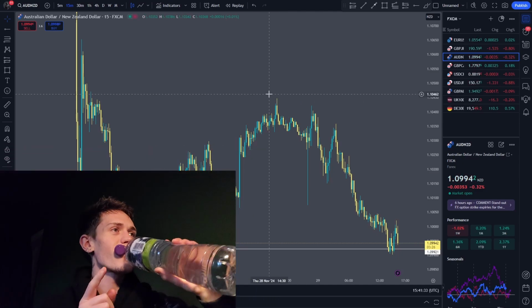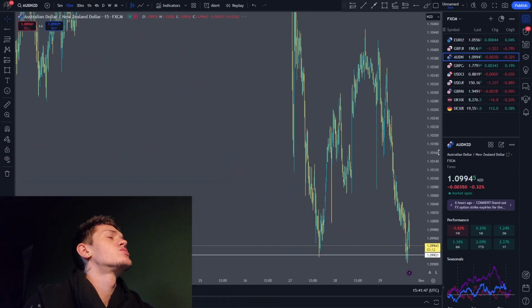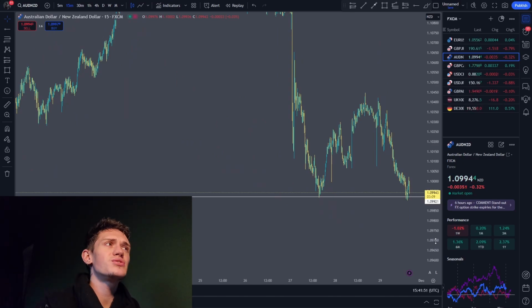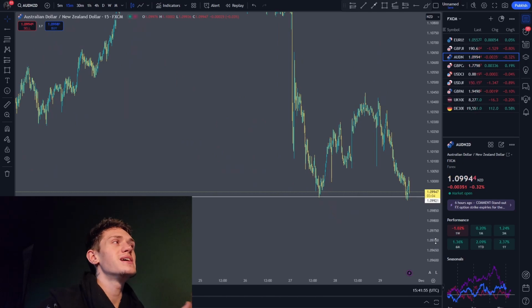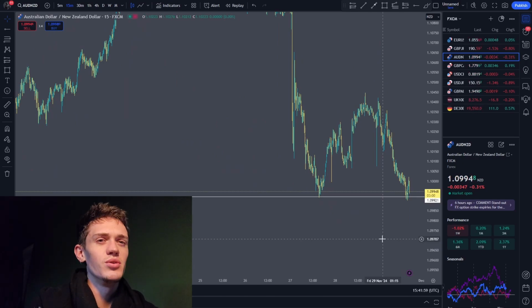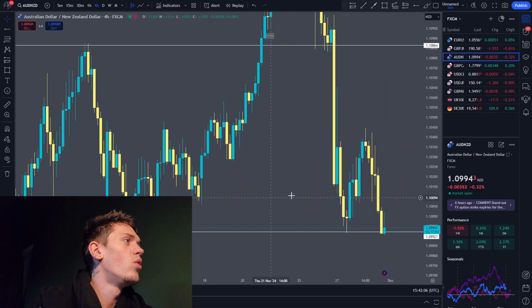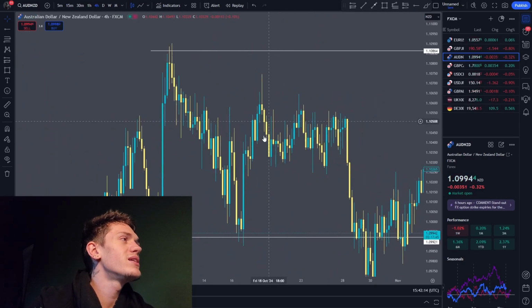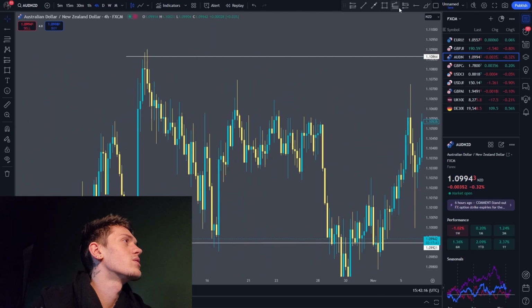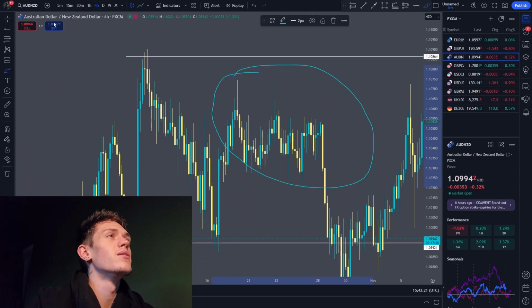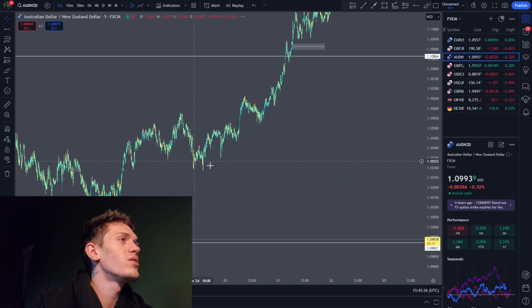Stay hydrated. But yeah, if you're trading the 5-minute, then unless you are in one of these key areas, the 4-hour market structure isn't really going to be too much concern to you, because you're going to be trading up in that noise. We see all of this. Even in this consolidation over here, let me circle this so I know what I'm referring to when I go to the 5-minute. You would be scared to take buys or sells if you were taking this into consideration. But on the 5-minute,